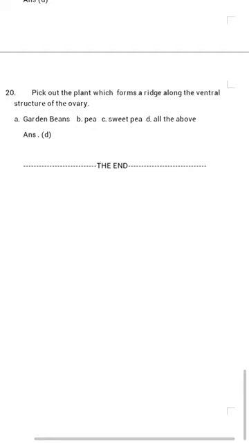That belongs to marginal placentation. So garden beans, pea, sweet peas, which are Fabaceae family members, old name Leguminosae family members, all belong to marginal placentation. So see how they asked the question indirectly. They didn't ask directly about marginal placentation. This is a very important way of asking in competitive examinations.